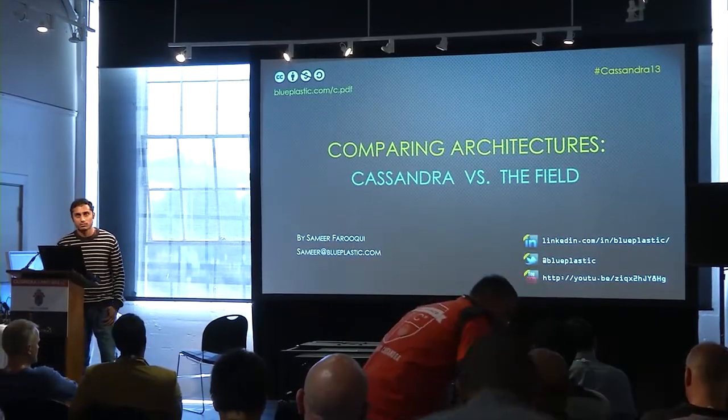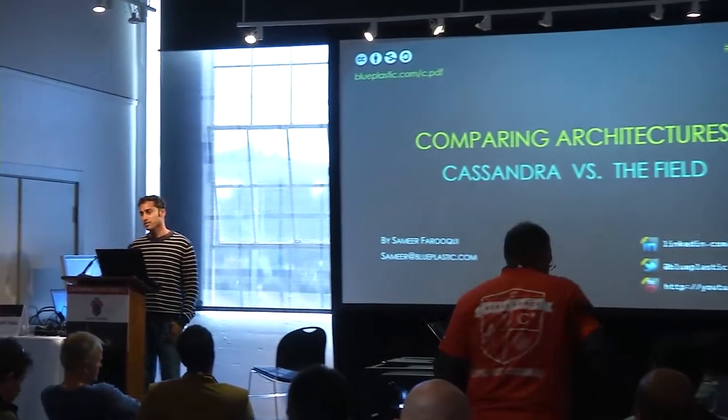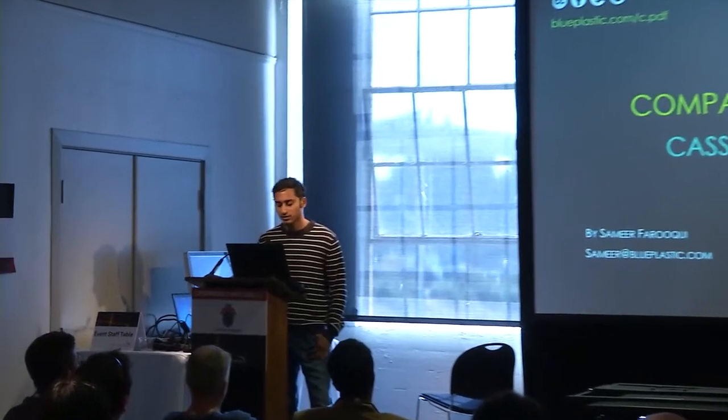And usually in my classes, when I talk about Hadoop, towards the end of the class, I get a very common question, which people ask me: okay, now that we know about HBase and Hive and Pig, how does that compare to MongoDB? Why would I want to use Cassandra instead of HBase? So what I wanted to do in this presentation is specifically talk about why Cassandra is different from the other